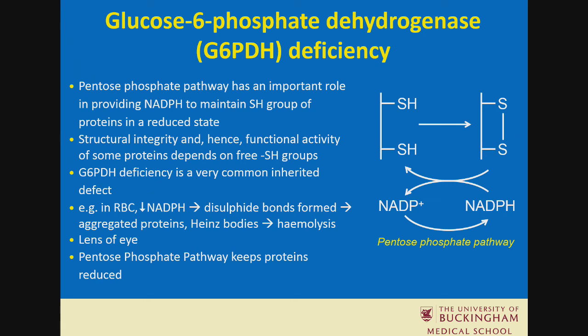So the key role, though, of the glucose 6-phosphate dehydrogenase, and so what doesn't occur in an individual who's G6PD deficient, is that there's an inability to keep proteins in a reduced state. This can lead to aggregation of proteins, which are seen as an aggregate called Heinz bodies in red blood cells, and also increasing susceptibility of the plasma membrane of the cell to lipid peroxidation. So that